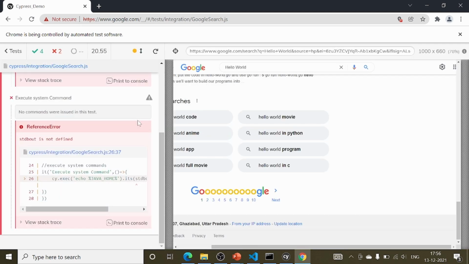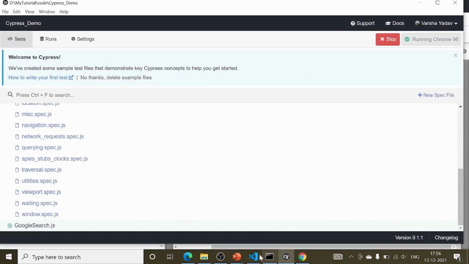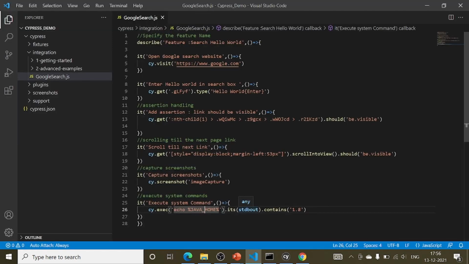The test case has already started executing. Okay, now it is giving the std out. Okay, I have made a typo in specifying the name. Let me correct that.